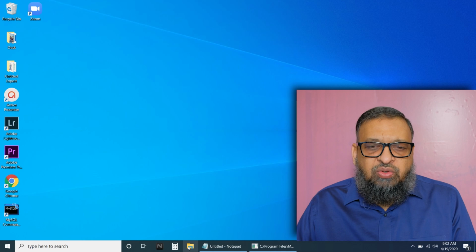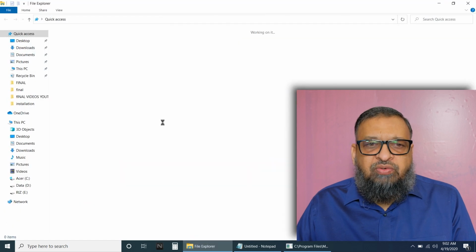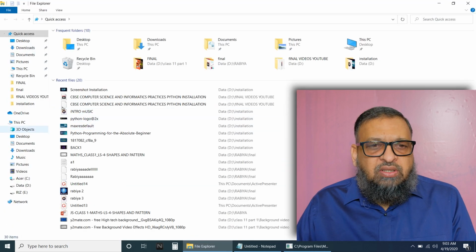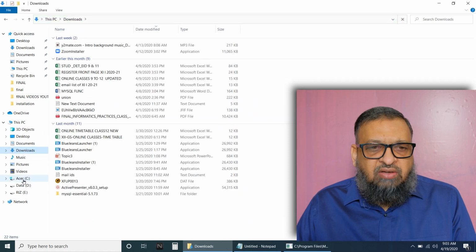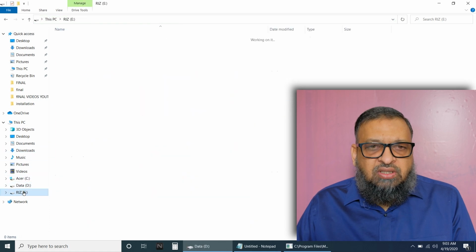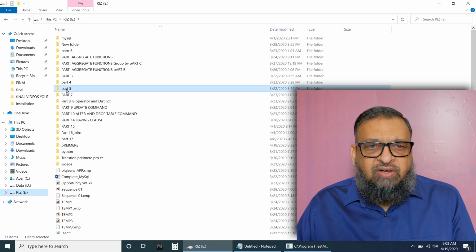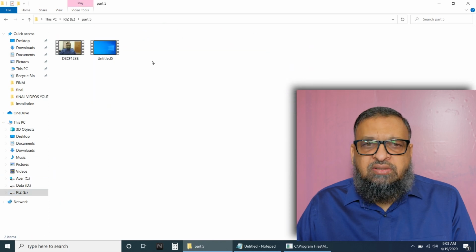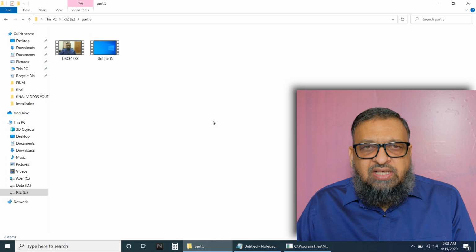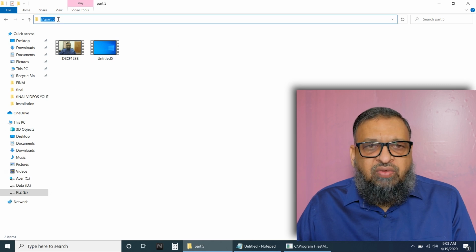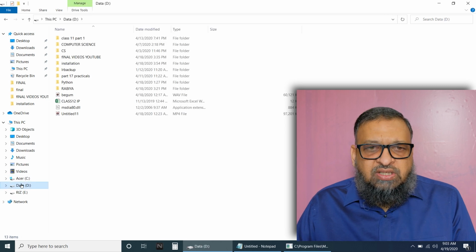Let us say we go to Explorer. Under one directory, we have certain directories here. Under one directory I am going to create files. The directory name here is E drive part 5, and similarly D drive Python.